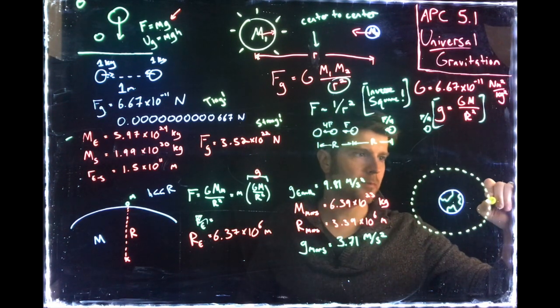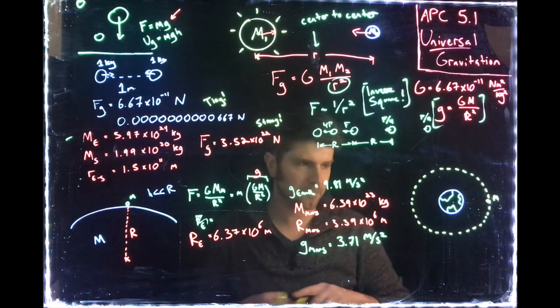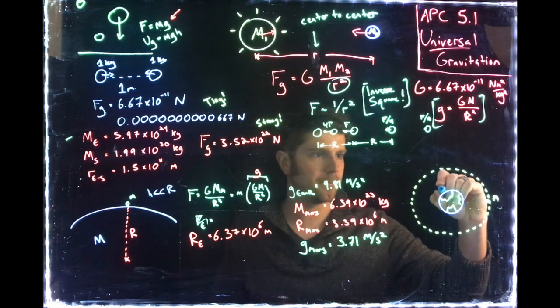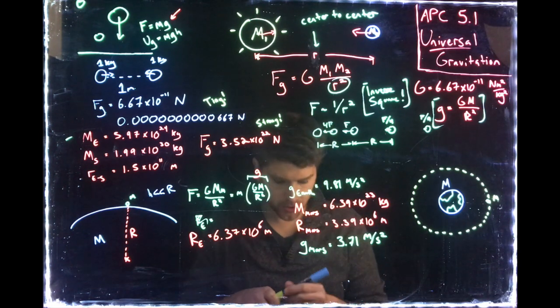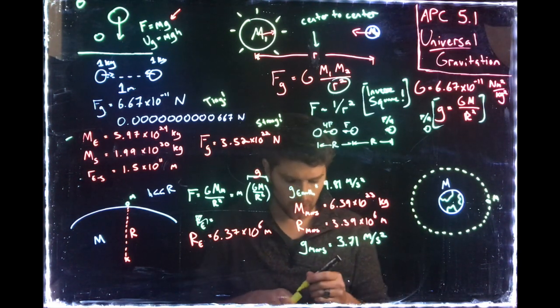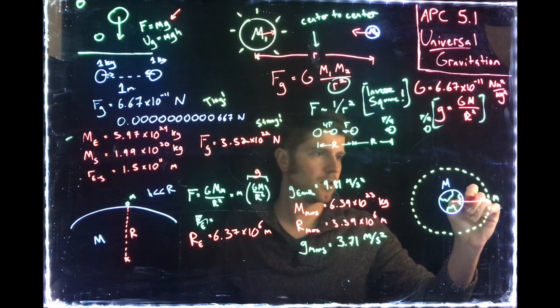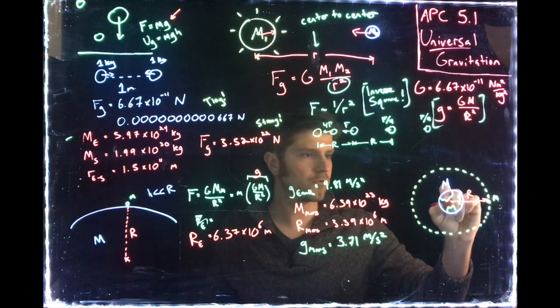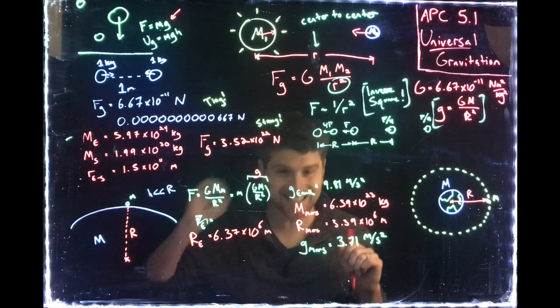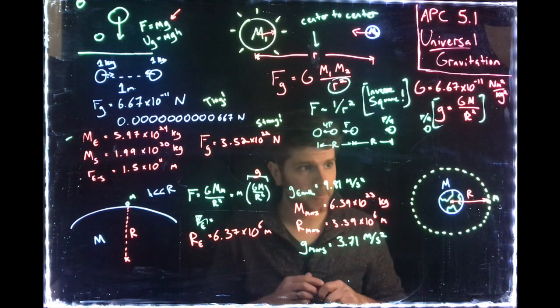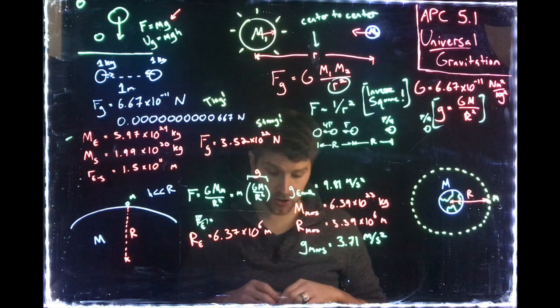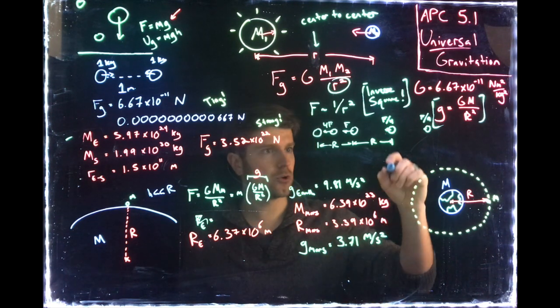But let's say I want to put my little satellite of mass little m, Earth is of course a mass big M, and I want to put it into orbit at a radius of r. And reminder, that radius is measured to the center of the Earth. Well, you might notice that I've drawn a circle here, and as I have often told you throughout the year,